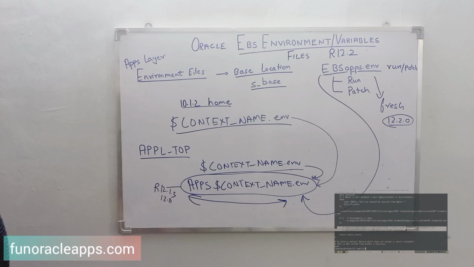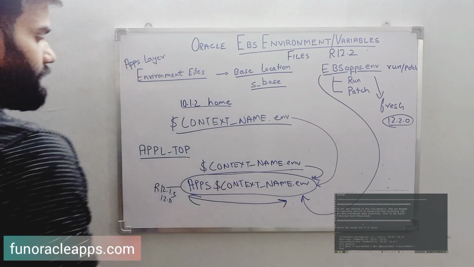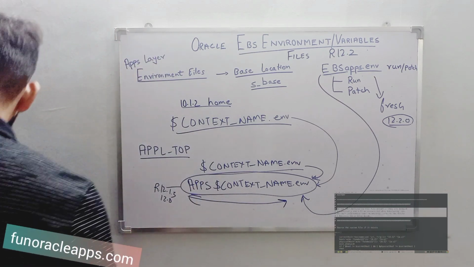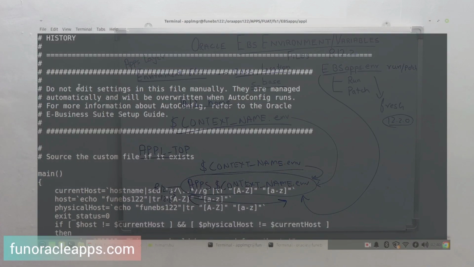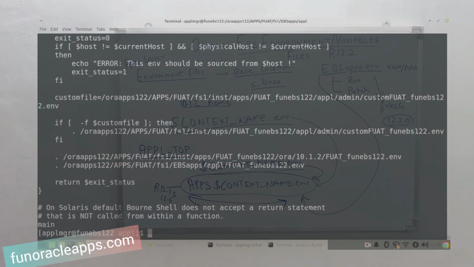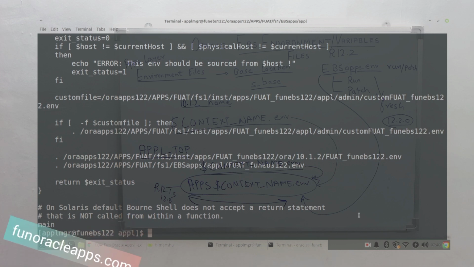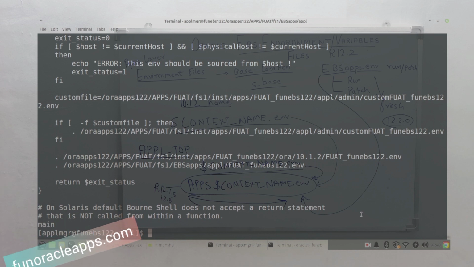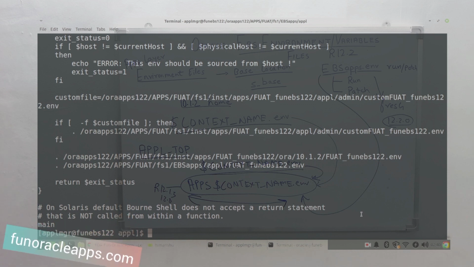Now, if you open any of these environment variable files, as we see on the screen, it always says don't make any changes manually to this file, because they get overwritten whenever you run autoconfig. Okay, whenever we run autoconfig, these will be overwritten. So there might be chances that you want to set custom environment variables.